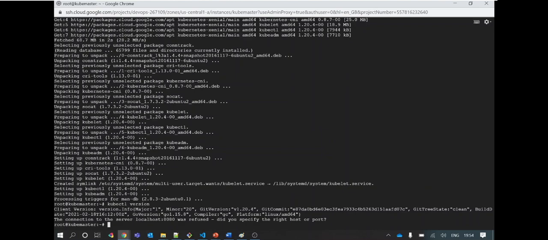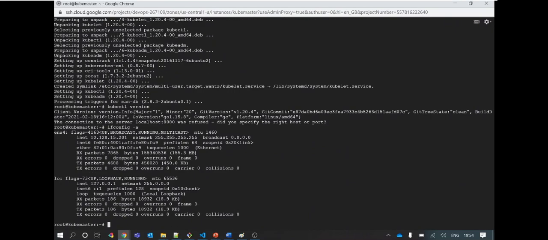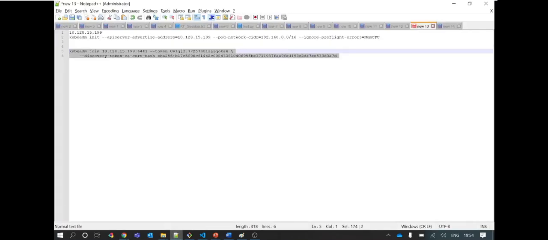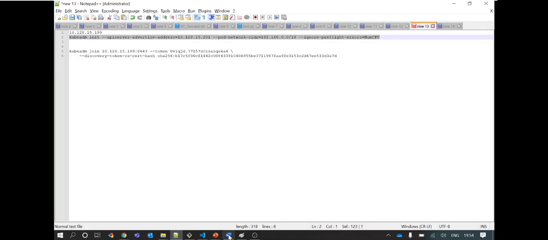So let me get the IP of my machine first. Using ifconfig -a, we can get the IP of our machine and place it in the command. Now the IP is updated in the command that I showed you here.